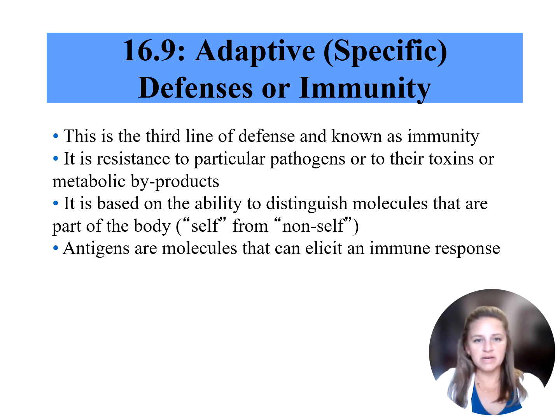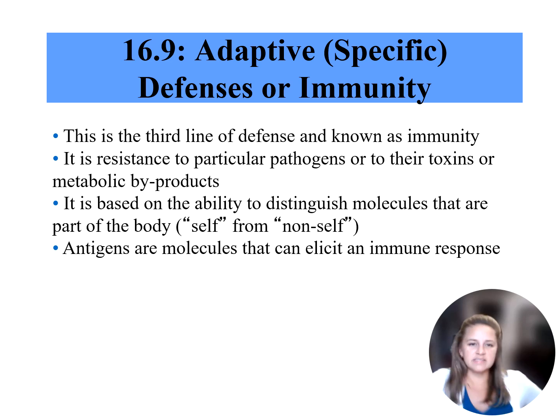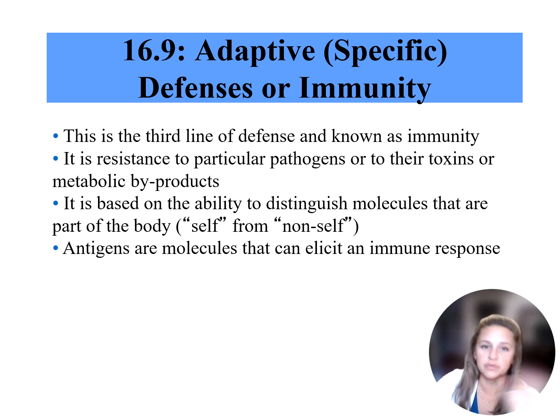so let's talk about adaptive immunity. Adaptive immunity is sometimes called the third line of defense. So we have physical barriers, we have innate immunity, and then we have adaptive immunity. Sometimes this is called learned immunity or acquired immunity. And this is based on the ability for molecules to distinguish self from non-self. Antigens are presented on these molecules that are non-self, and then our immune system recognizes them as a threat